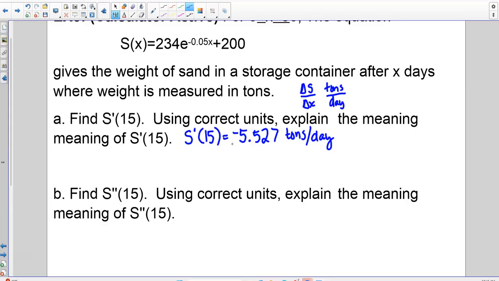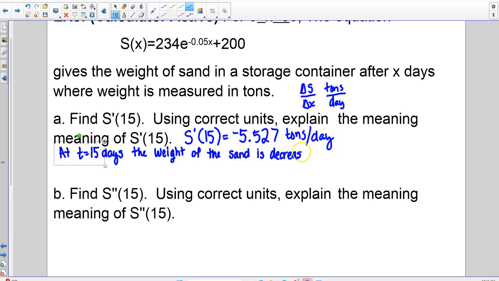So for this, we would say at t equals 15 days, the weight of the sand is decreasing at a rate